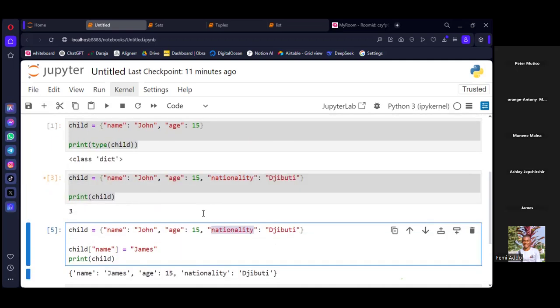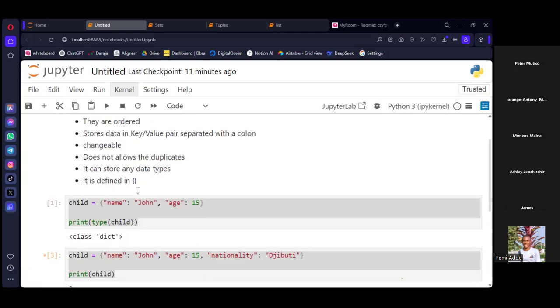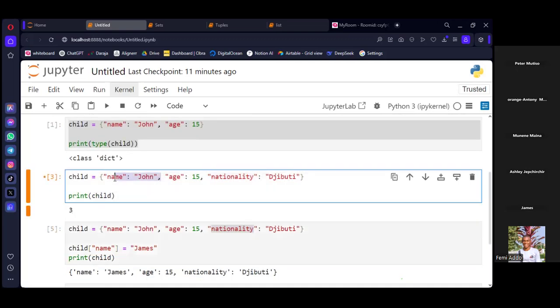But there's something else we said here. It does not allow duplicates. So let's try to have John again. Remember, when I talk about duplicates, I mean the keys. Duplicates doesn't only mean 2, it could be 3, 4, 5, a repetition of items.